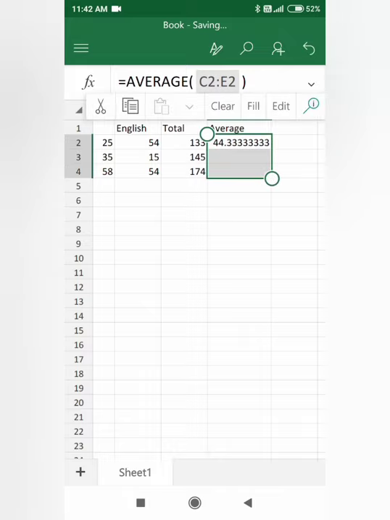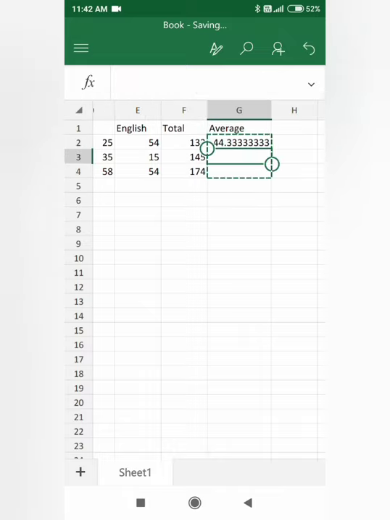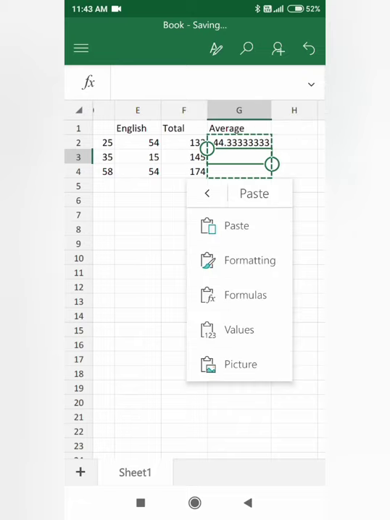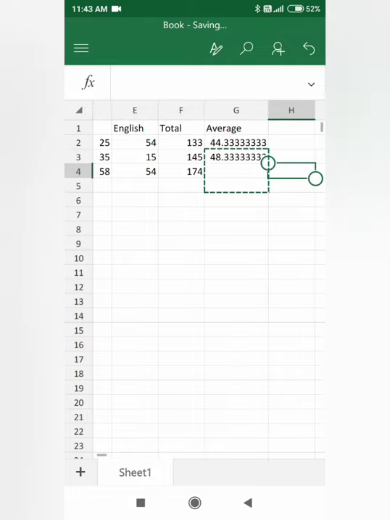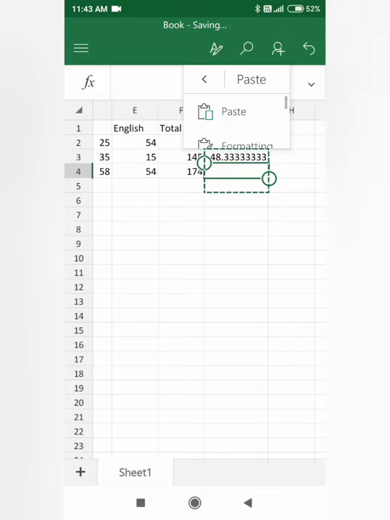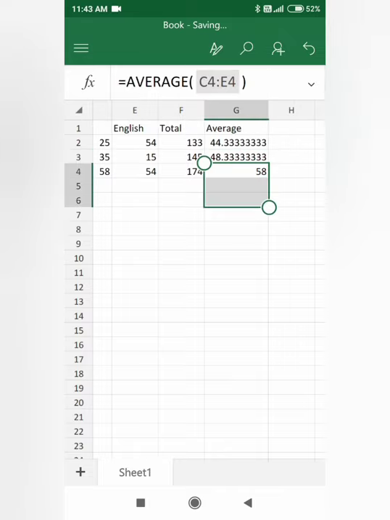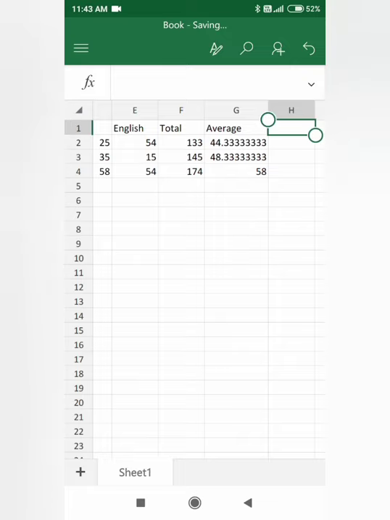We have to copy it. Then first we click there, and again click, and we apply the formulas, and then we have to use the formula only. Again and again the formulas, it is reduced.